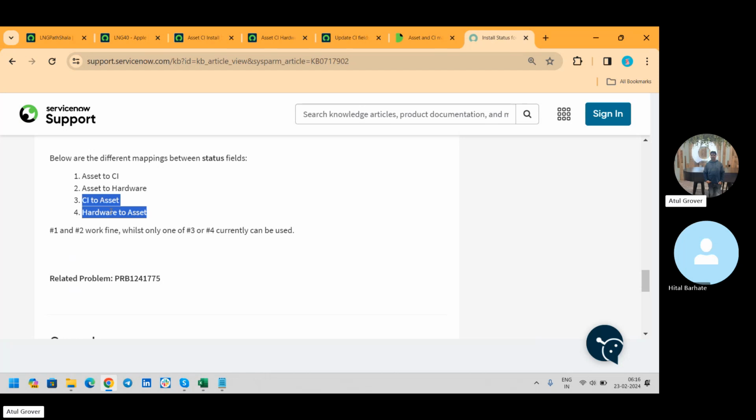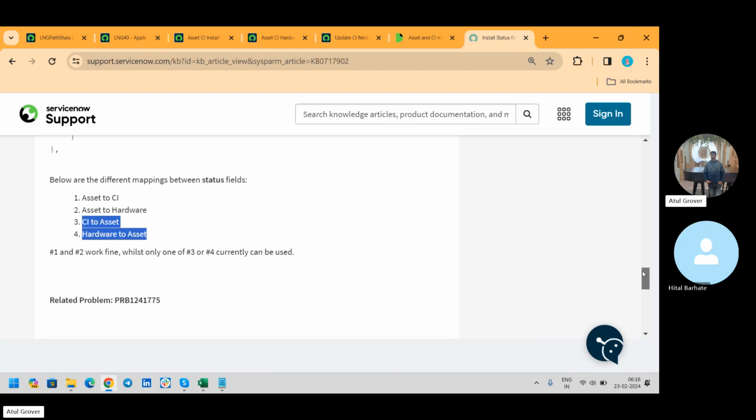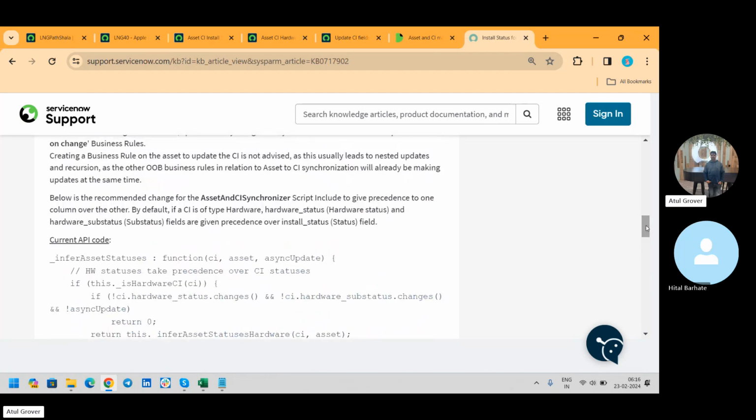अतुल, नाउ हाउ इट विल बी डिसाइडेड which will run? That is we have to be defined in the business rule. ये मेरा business rule है. Sorry, ये मेरा script include है. And in this script include we have to give the precedence